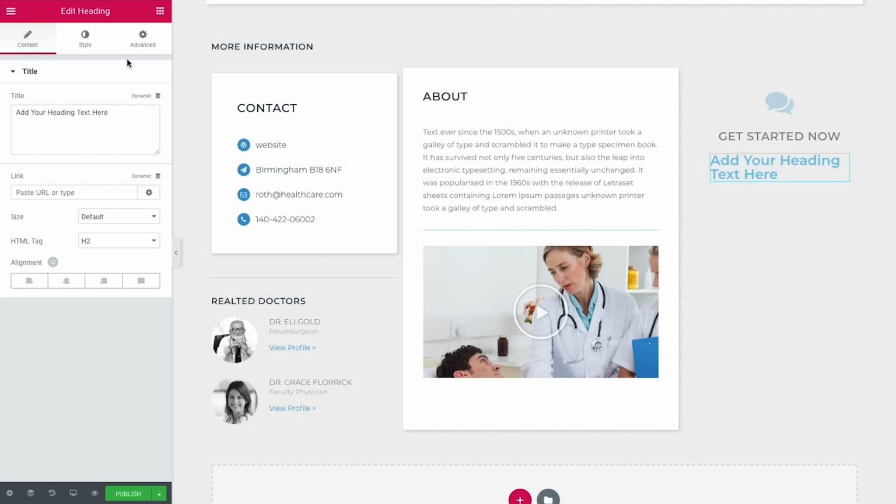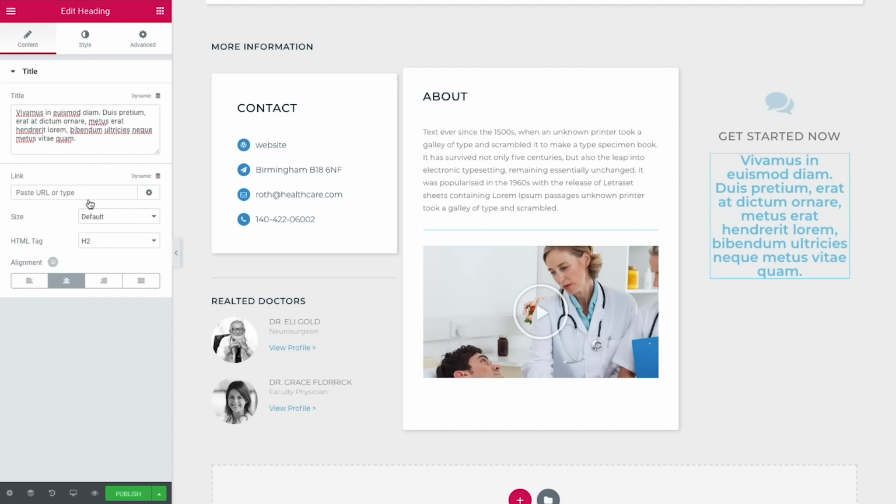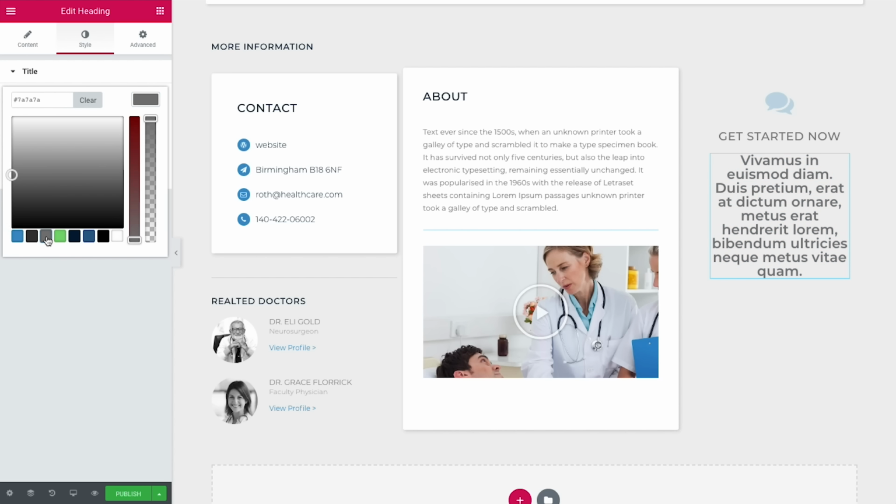Like so. Then here for the title, I'll just paste in some lorem ipsum text, some dummy text, like this. Maybe it's a bit too much, so I'll delete the last part, just like so. I will align it to the center, then go over to the style tab, and for the text color, I will choose our light gray color, and then I will reduce the opacity to 70%,